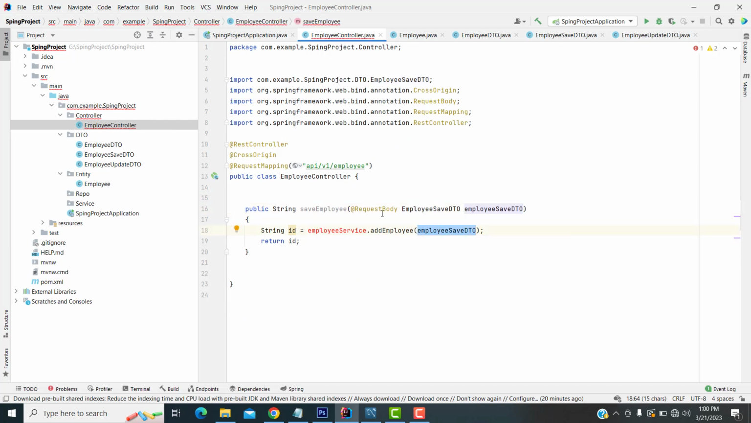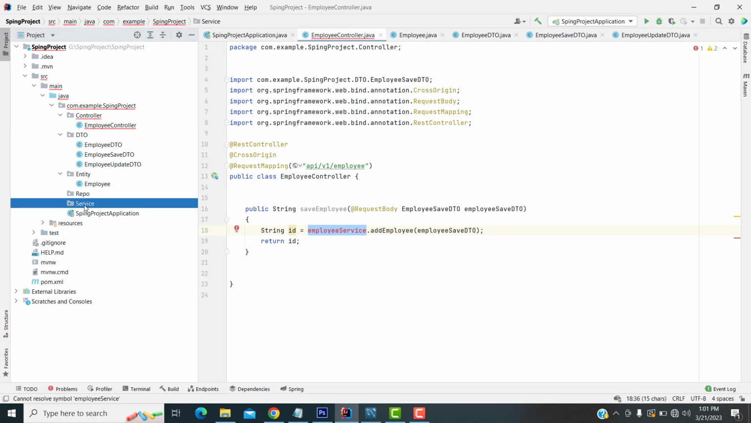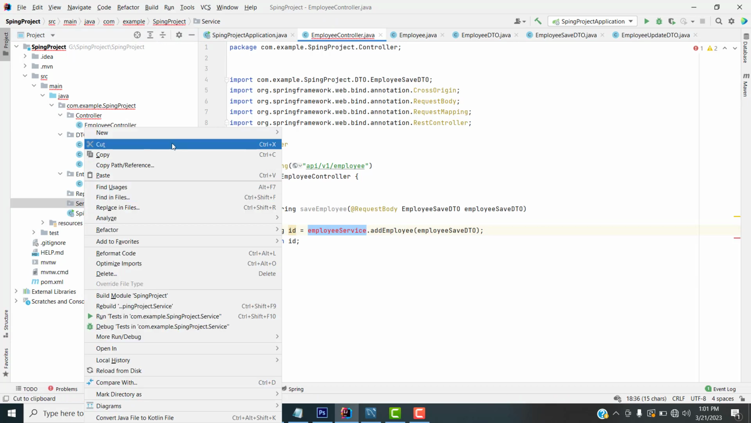Now I am going to add the record via employee service. Right? You have to get the employee service and add the records. Right. Now what you are going to do is, I am going to go to service. Here I am going to create the two services. Right? First one should be the